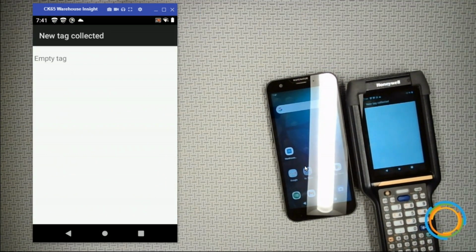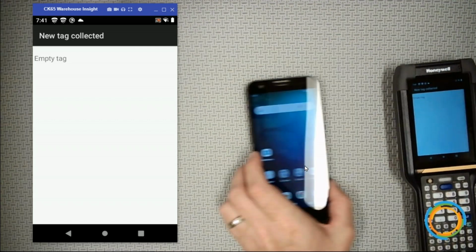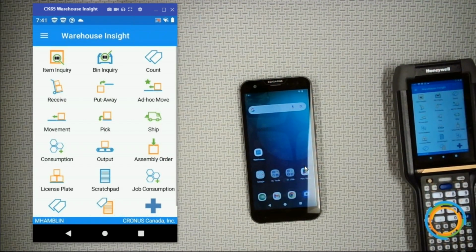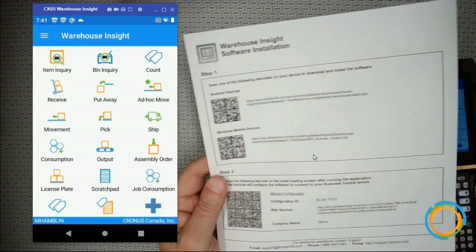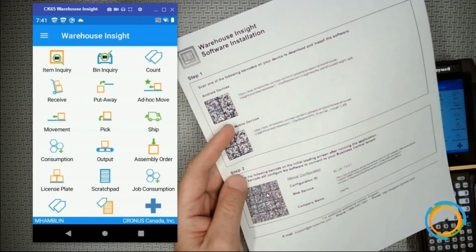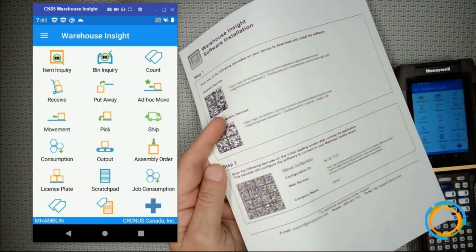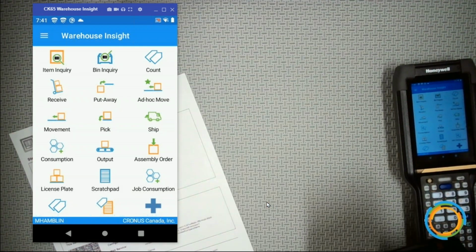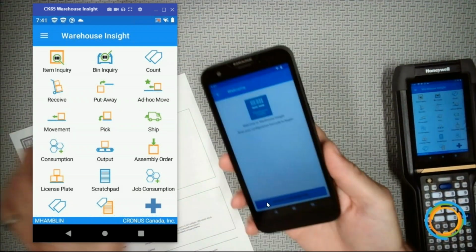These guys want to talk to each other. Let me just move them apart. What I'm going to do is I've got these barcodes here, and one of them is to install the device, and the other one is to configure the device. So once I've got the application installed, which is basically scanning a barcode, now